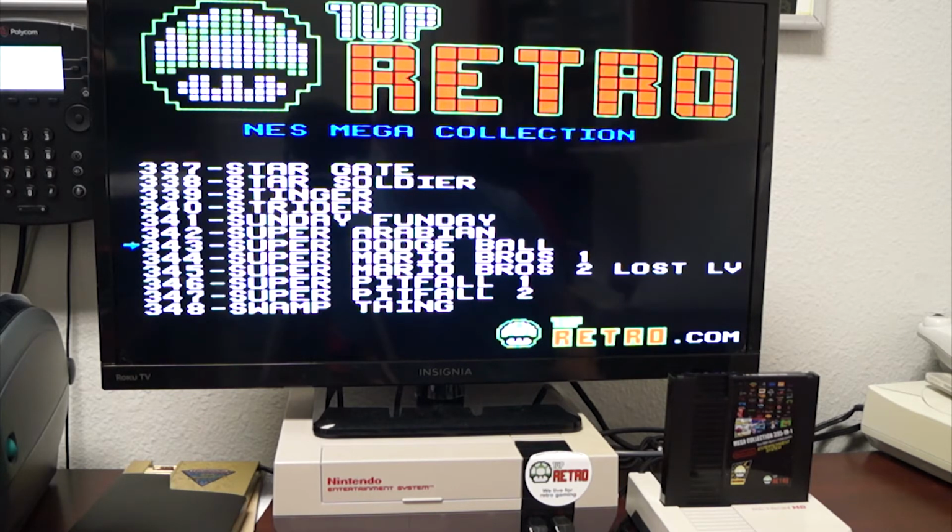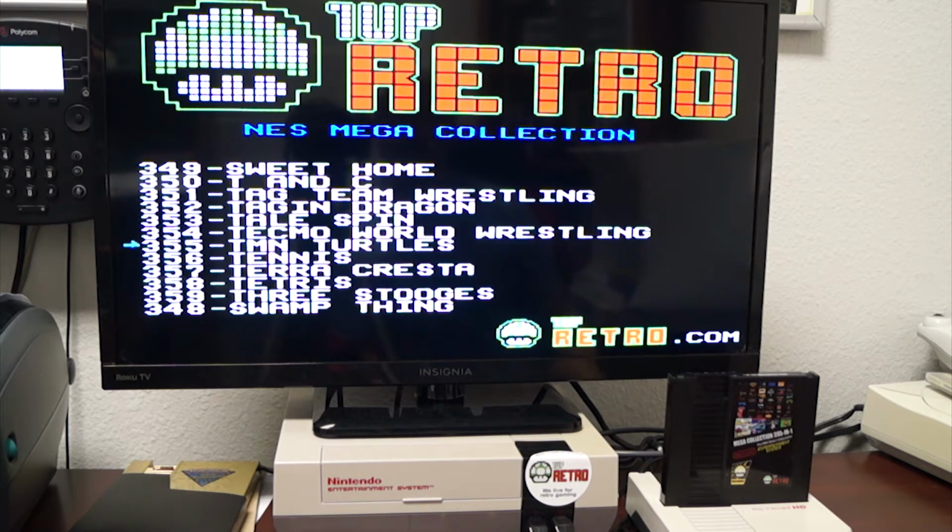Strider, Sunday Fun Day, Super Dodgeball. Can't have this Multicart without the Super Mario Bros. 1 and Super Mario Bros. 2, the Lost Levels versions. Swamp Thing, Super Pitfall 1 and 2,